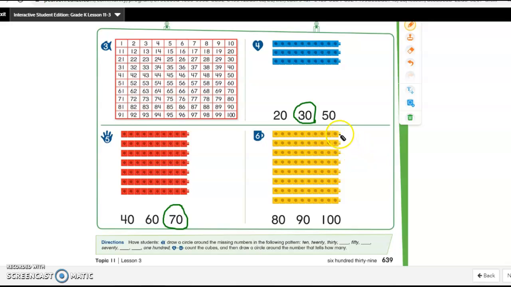Here we go. Let's see. 10, 20, 30, 40, 50, 60, 70, 80. Now, mom and dad, sometimes I know when we're counting, not us, but when they do it on their own,